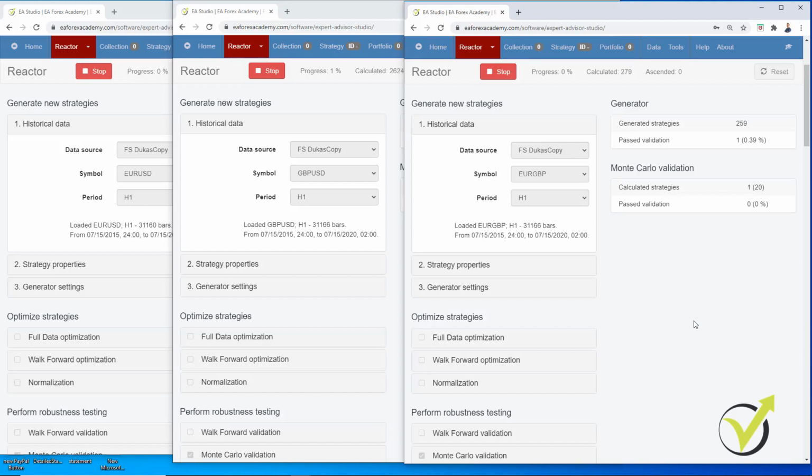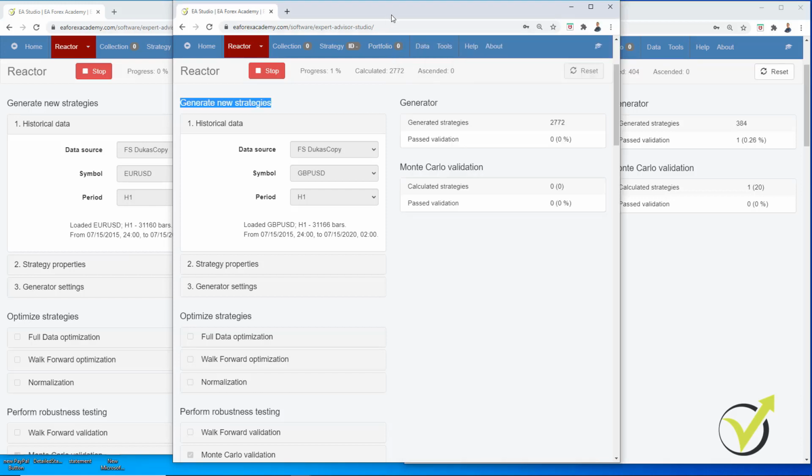If you are doing that, make sure to follow the speed. You can see that because I have opened 3, it gets a little bit slower, but this is because I have too many tabs and browsers opened on this computer. I will make sure to close them to increase the speed, but if it gets slower, what you can do is stop one of them and continue with the other 2.